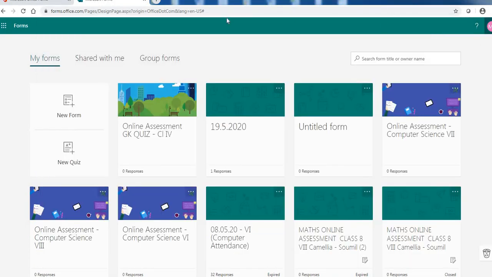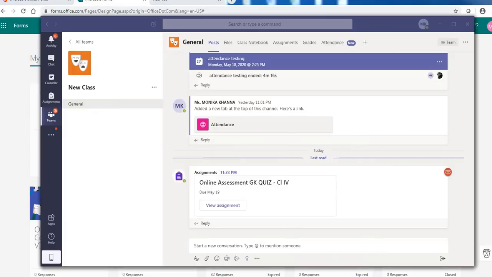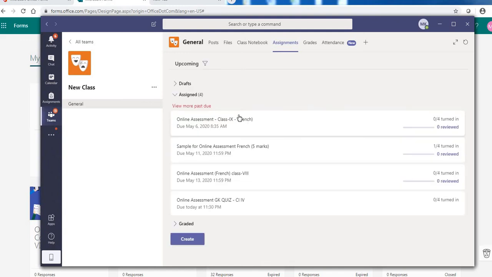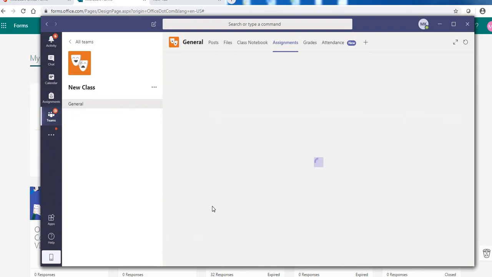So let me quickly log on to another account if I'm able to. Okay, so first, before that, let's increase the time. I go back again in assignment and I'm increasing the time. So once you have uploaded it, once it's visible, you can still edit the time out here. Okay, I double click on this.